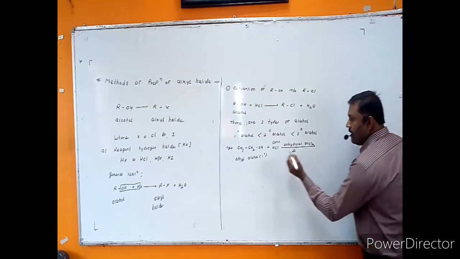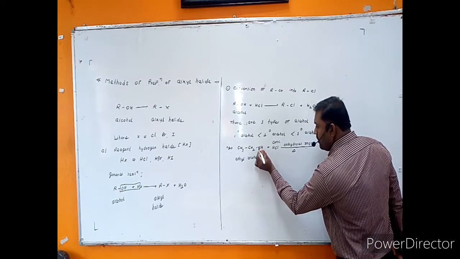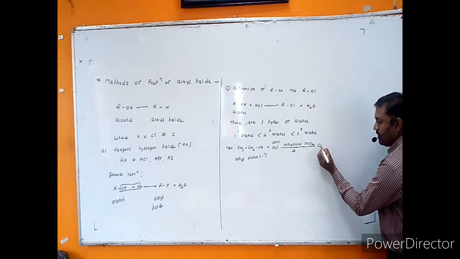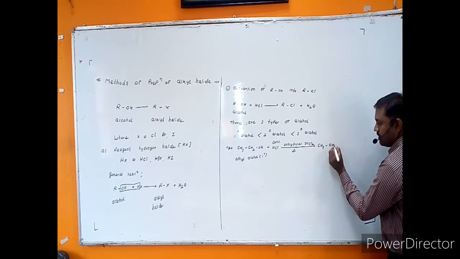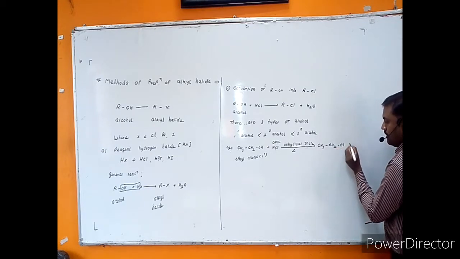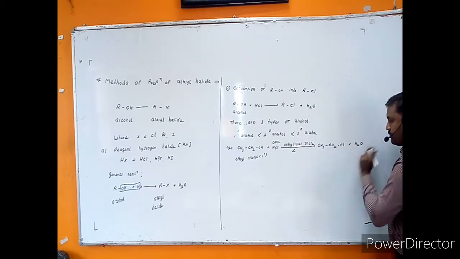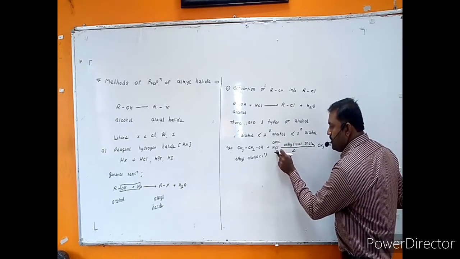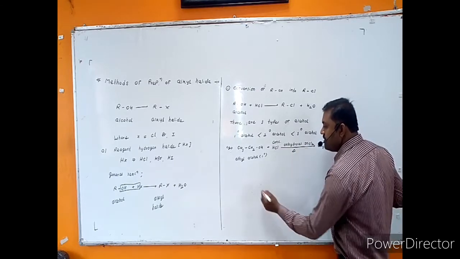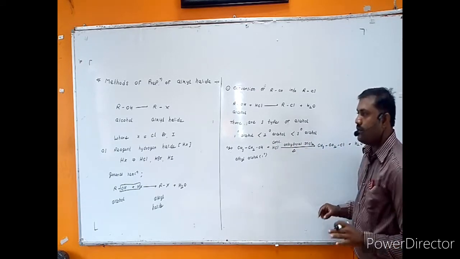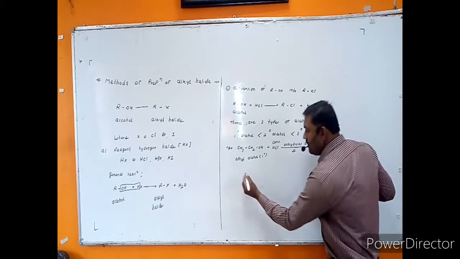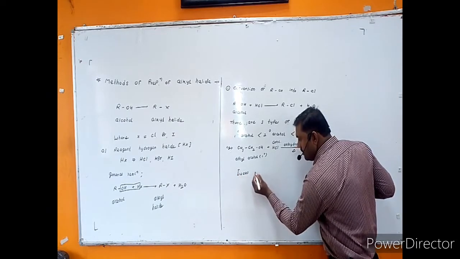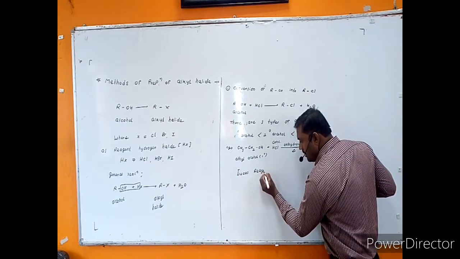Then what happens? Again, the OH group of alcohol is now replaced by Cl, we get a product CH3CH2Cl along with byproduct H2O. Okay, now this mixture of concentrated HCl and anhydrous ZnCl2, this kind of mixture is now called Lucas reagent. Okay, so remember this most important reagent. What is that? Lucas reagent.